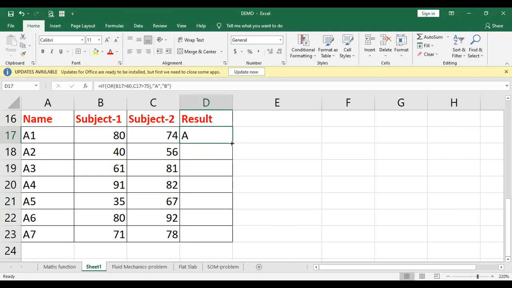Click on it and drag this, and look at it. The formula has been copied for all the values. You don't need to type the same formula again.